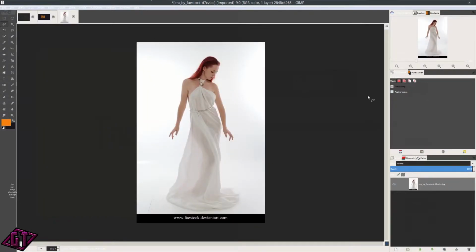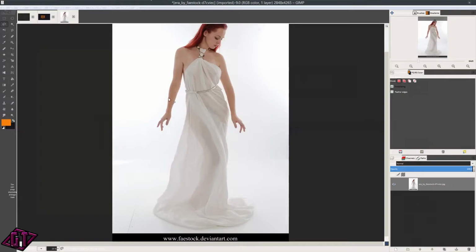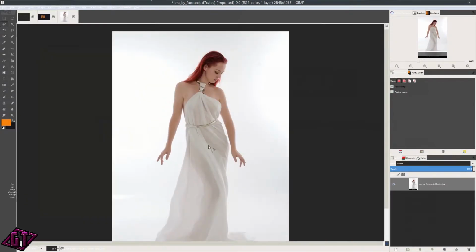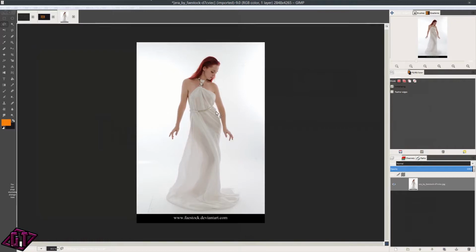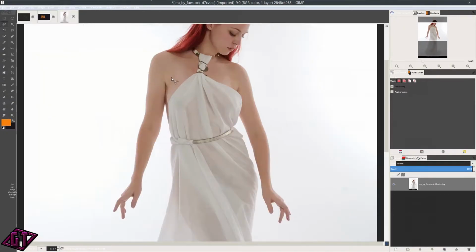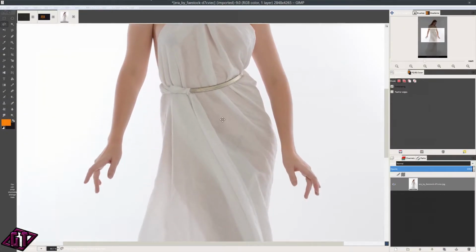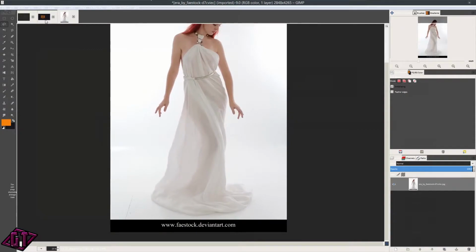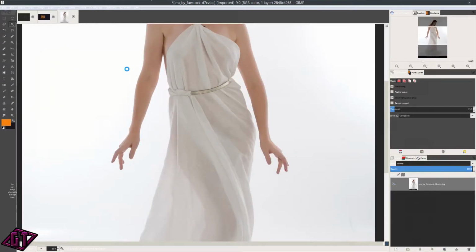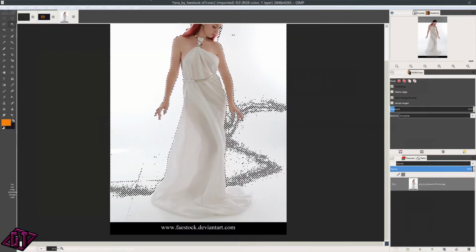The other question was, how do I make transparency in images? Now in GIMP, I'm not trying to talk down on it, but they haven't really got a good method for this inside of GIMP, and that's the truth. Let's see here. You could come in here and we could do the magic wand, and we could try to pick stuff out like that. And if you click and then drag a little bit,